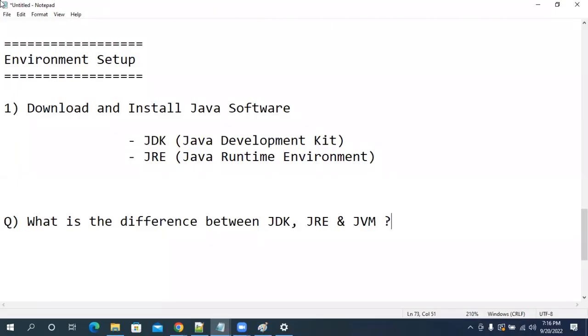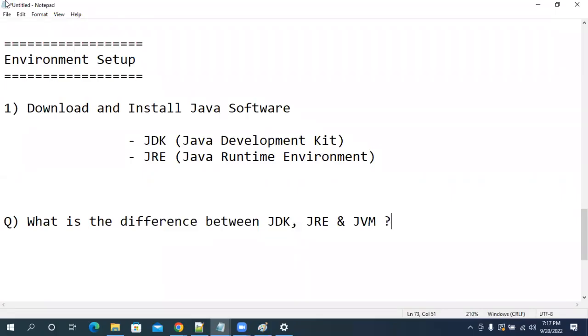What is the difference between JDK, JRE and JVM? JDK means Java Development Kit. It contains a set of tools to develop the program. JRE means Java Runtime Environment, which will give you the platform to run your Java program.